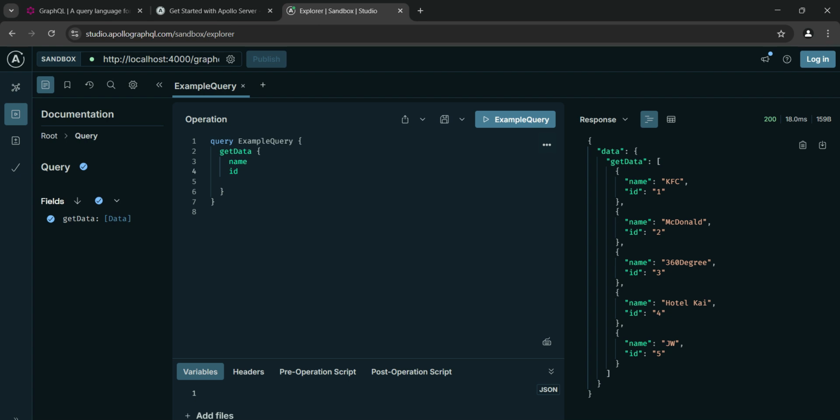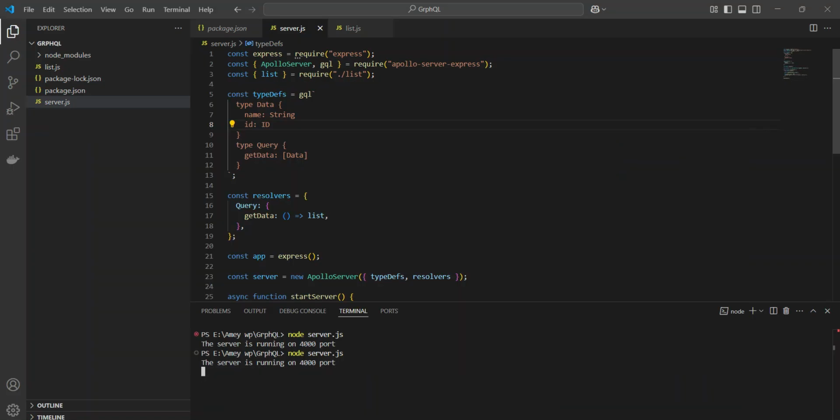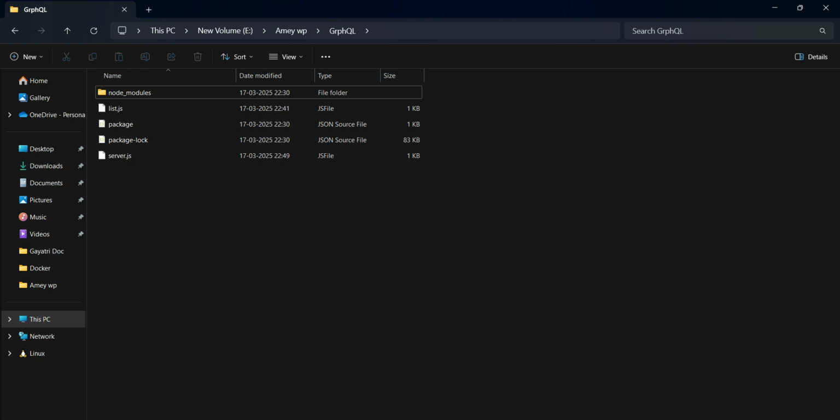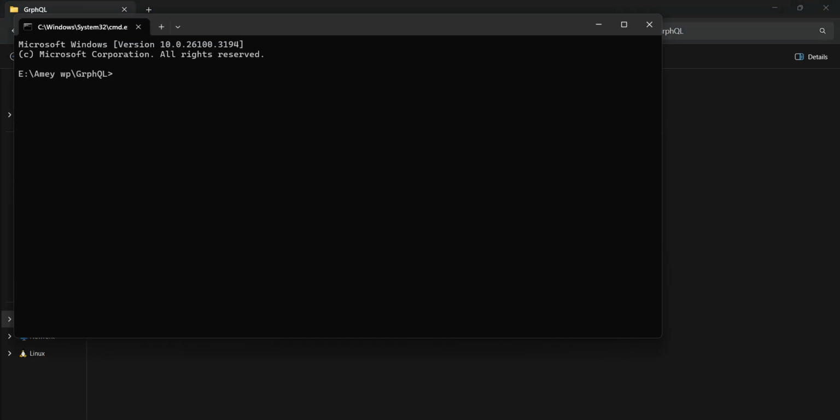So now let's quickly, what we'll do, let's map this with the React app or the front end. So again, let's go to the VS Code one more time, and I will create one more folder in this. So now let's quickly open the terminal. I will create one React app inside the same directory. So I'll use npx